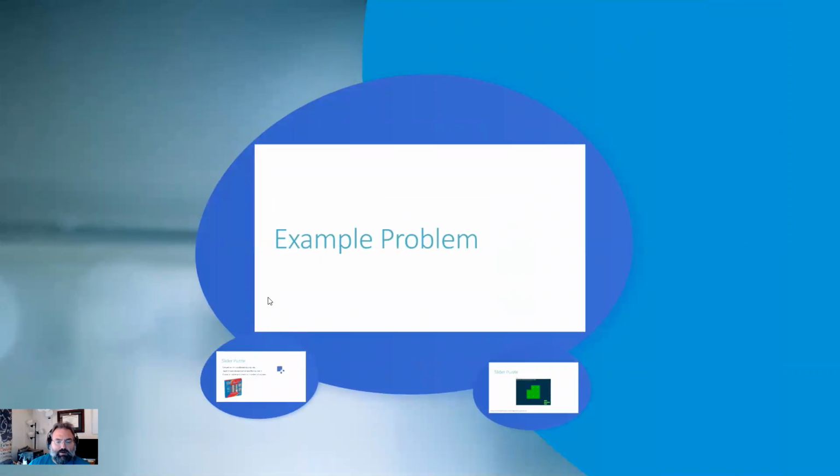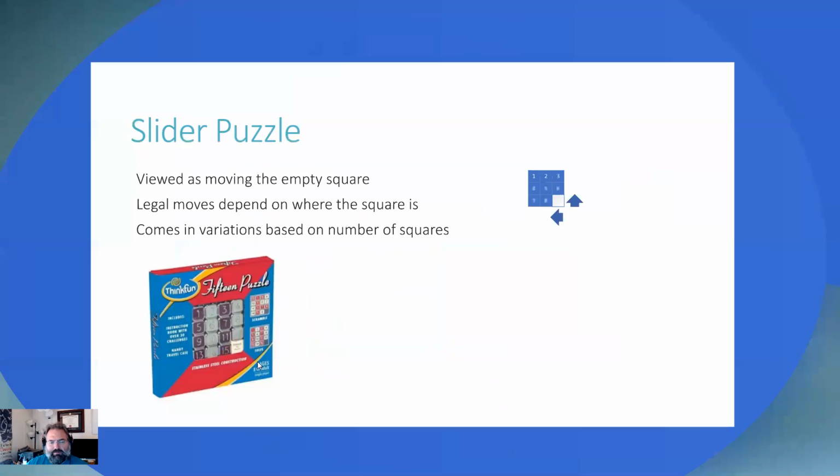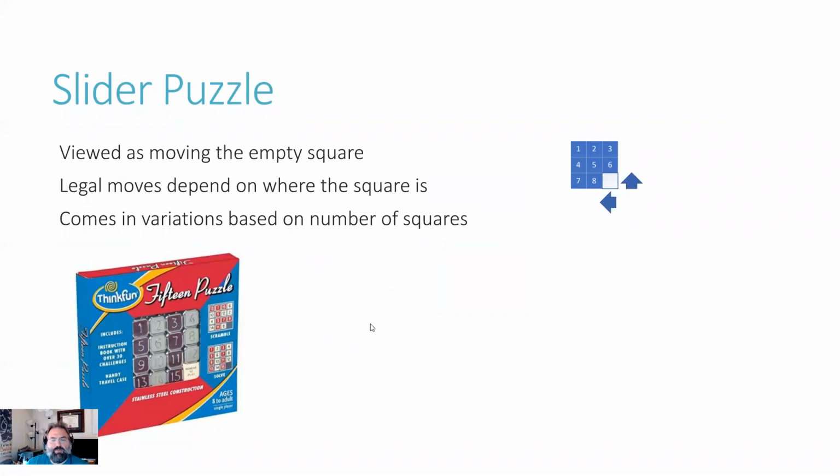So drilling through the concept of search, this is a somewhat real world scenario. You might have seen these slider problems in the past. The idea is that you're trying to arrange a square set of tiles with one of the tiles missing in a certain pattern. You can only move a tile into a location where the opening is, so you can't move it to where there's already another tile in that square. And there's variations based upon the number of tiles, essentially the size of the grid. What you see in the diagram is a 3 by 3.